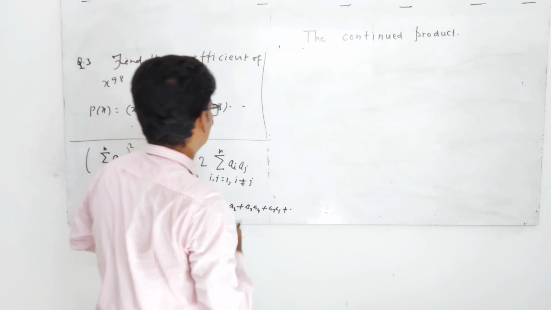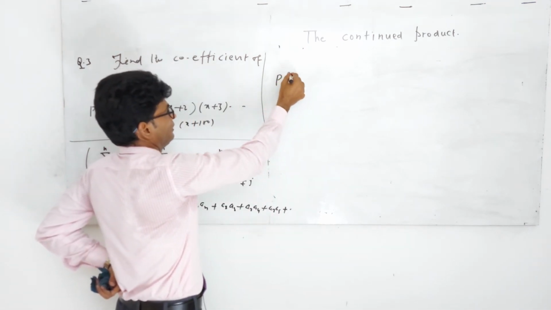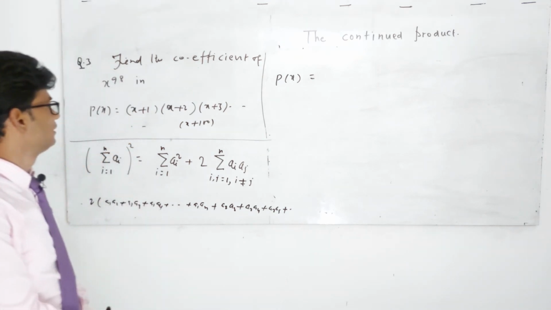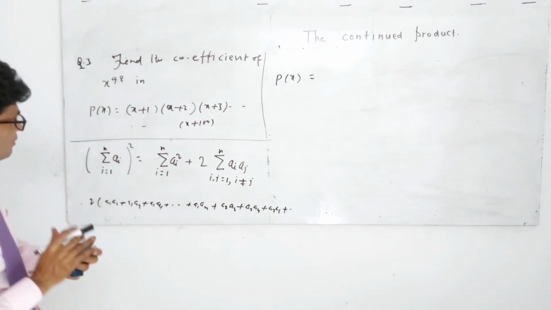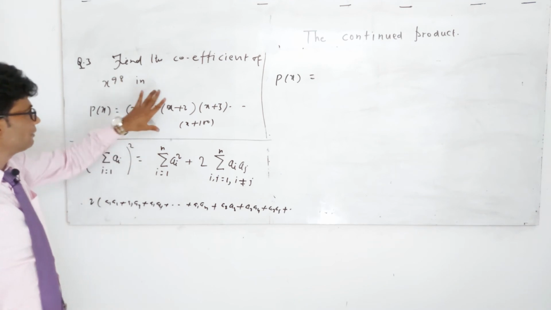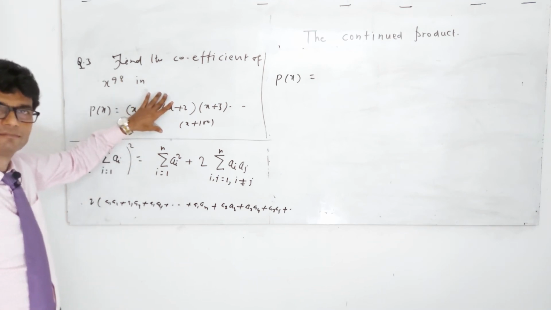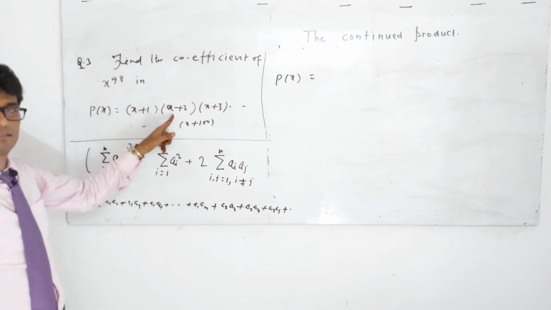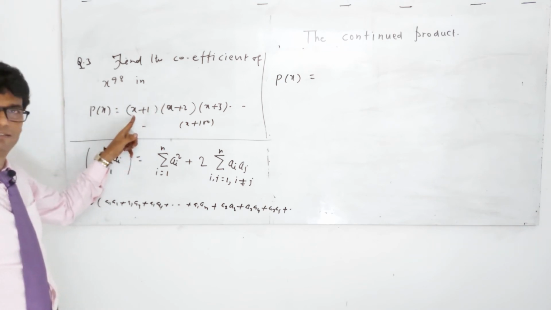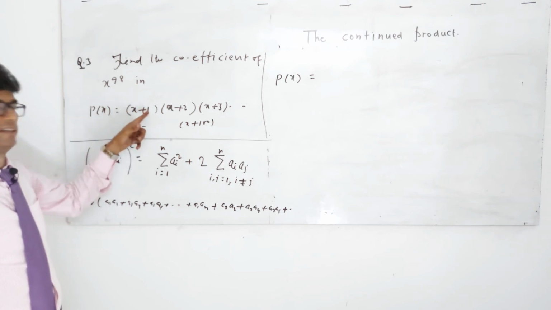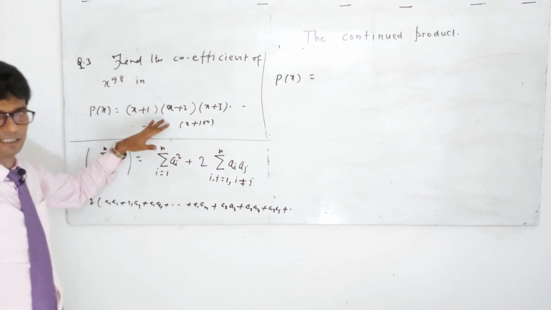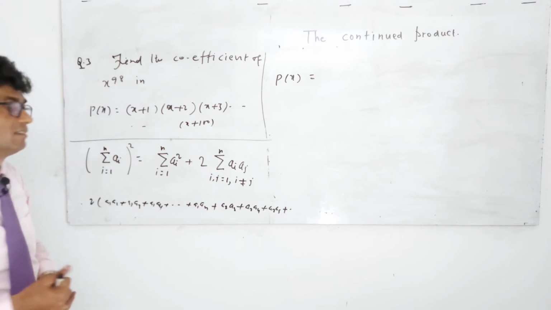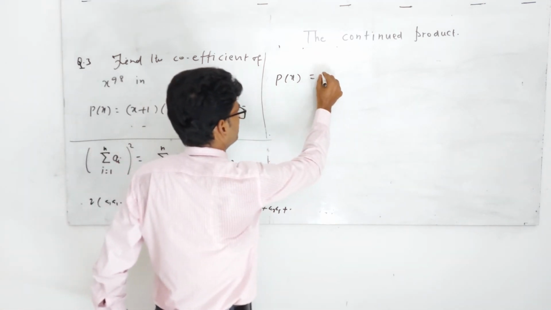So again, let us see, is continued product applicable? Answer is yes, because in every one of the factors the coefficient of x is unity. Okay, we may apply here. So it's the 100 factors, take x from every one of the factors and multiply it together, then we will get x to the power of 100,